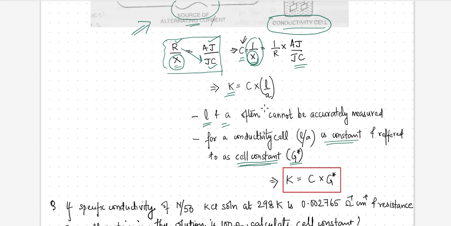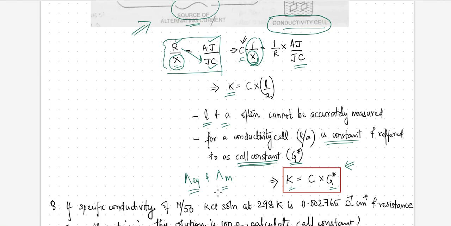Okay, so this expression can now be reduced to K, that is conductivity, is equal to conductance times the cell constant. This is a very important expression to calculate the conductivity, because once conductivity is known, you can easily calculate lambda EQ as well as lambda M. So this is how we measure lambda EQ and lambda M